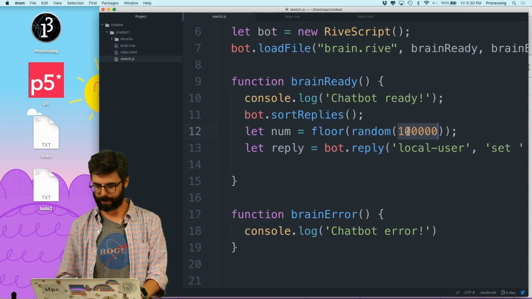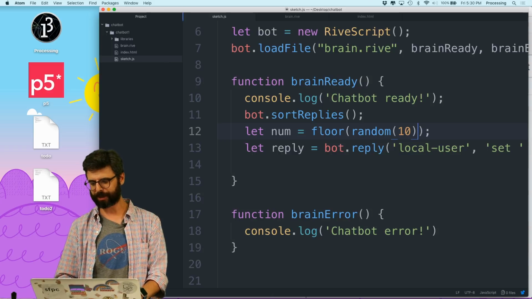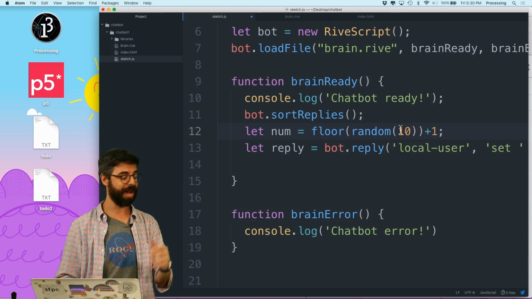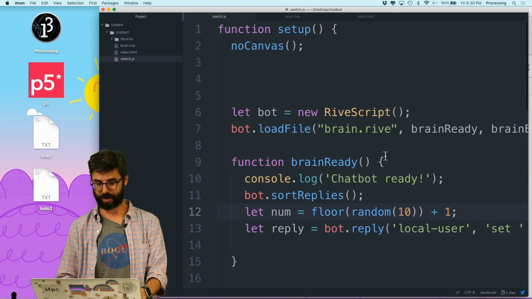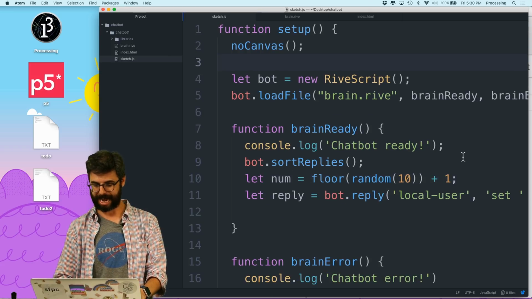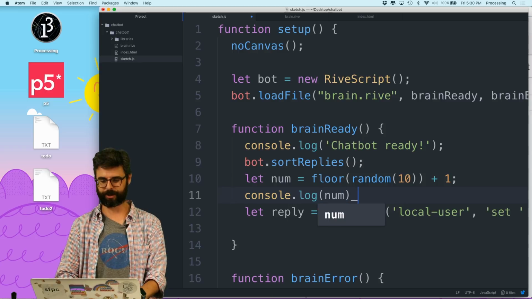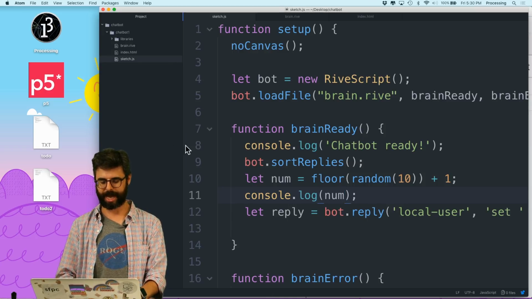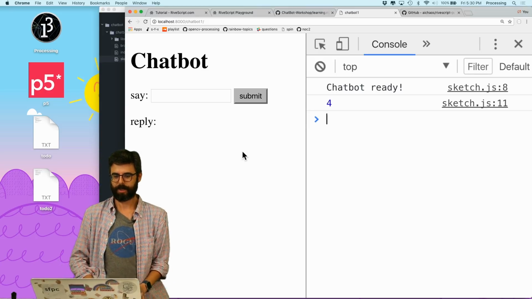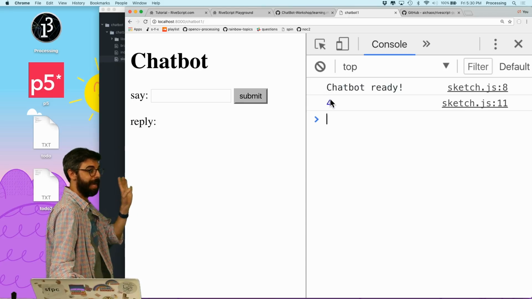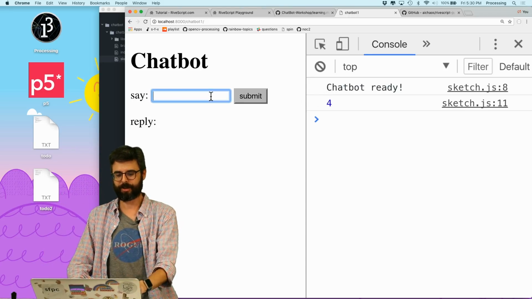And now the number will be here plus 1, because this is going to give me a number between 0 and 9. And let's actually look at that number so we can cheat, so to speak, to make sure this is working. And let's run this now. Okay, so it picked the number 4. I can see that in the console. So if I say 1,